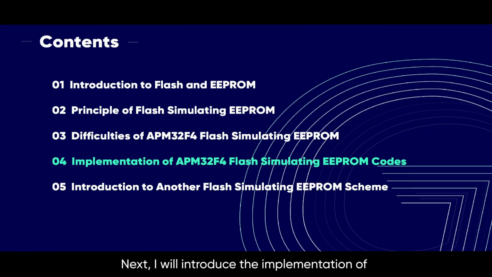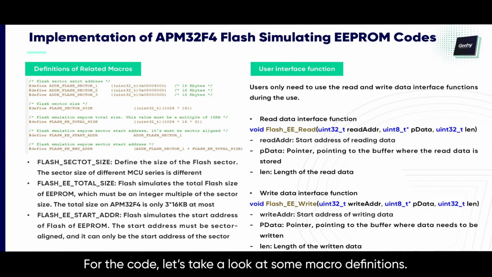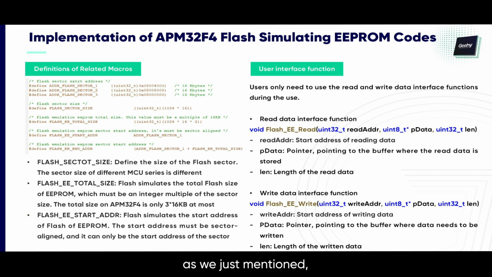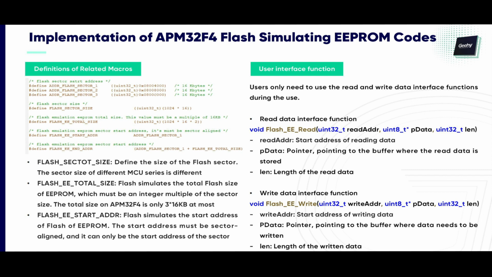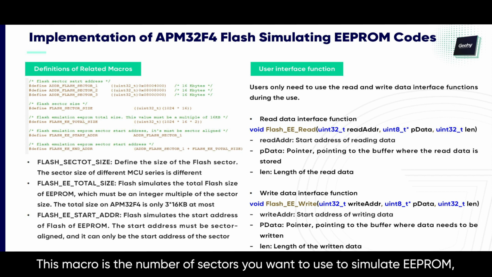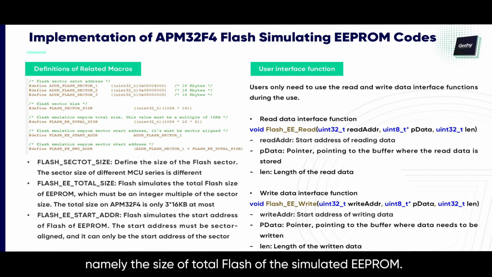Next, I will introduce the implementation of the code for Flash simulating EEPROM. For the code, let's take a look at some macro definitions. These macro definitions are the 3 sectors, as we just mentioned, which are used for Flash simulating EEPROM, namely, sectors 1 to 3. You can use only one sector or all these 3 sectors. The size of this macro is 1 sector. This macro is the number of sectors you want to use to simulate EEPROM, namely the total Flash size of the simulated EEPROM. The macro I define here is the size of 2